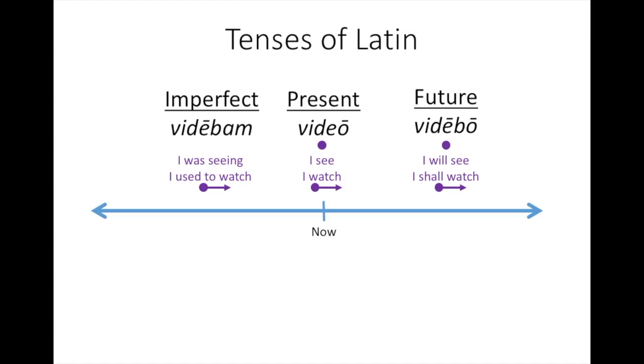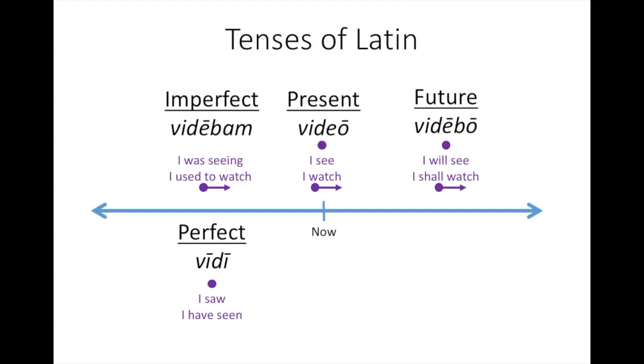So where does the completed aspect of the past tense happen? In English we could use the same verb. In Latin, however, we would use a different tense of the verb: vidi, the perfect, I saw or I have seen. I saw the chariot in the track. I have seen the chariot in the track. It is a completed action that happens like once. So you use two different tenses in Latin for the past tense, whereas in English we may only use one.